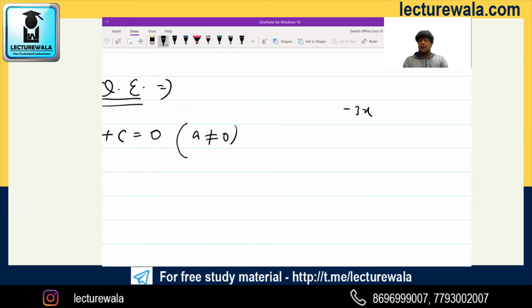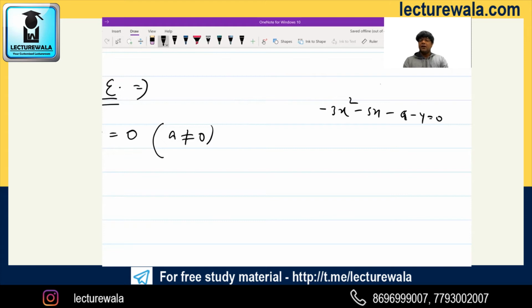If somewhere it is written minus 3x square minus 5x minus 4 is equal to 0, you know what is your a? Everything written behind x square is your a. So your a will be minus 3. What is b? Whatever is written behind x with sign, that is your b. So your b value will be, guys, minus 5. Whatever is remaining, where there is no x square, that value is your c. So your c value is actually minus 4. This is your c. So this way you will decide a, b and c values.